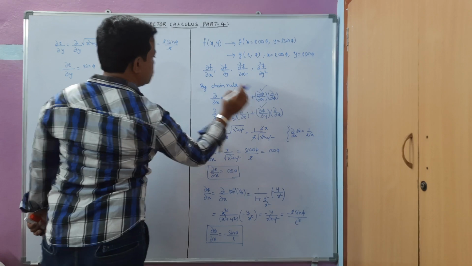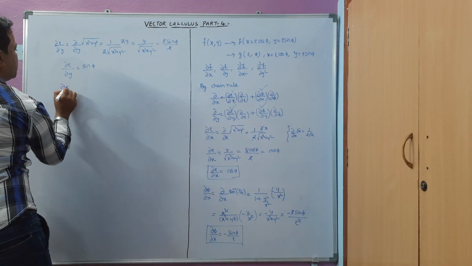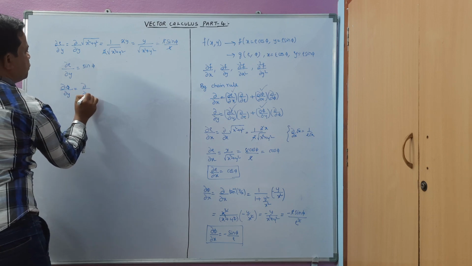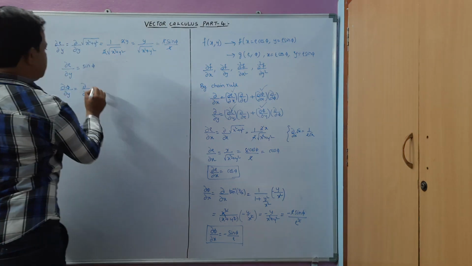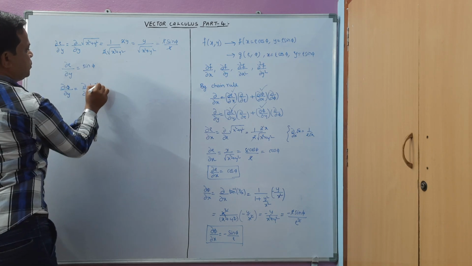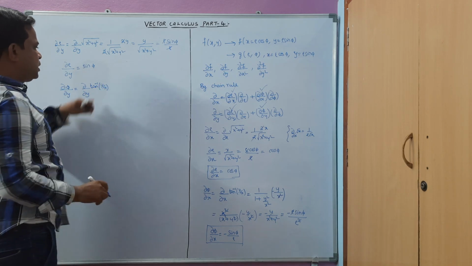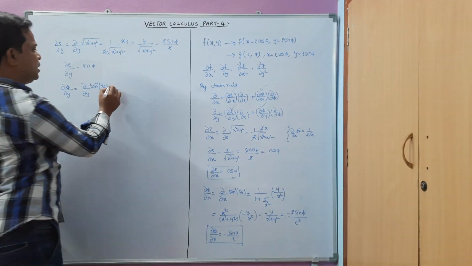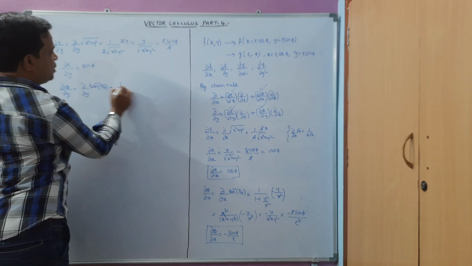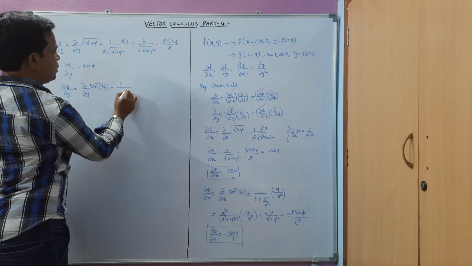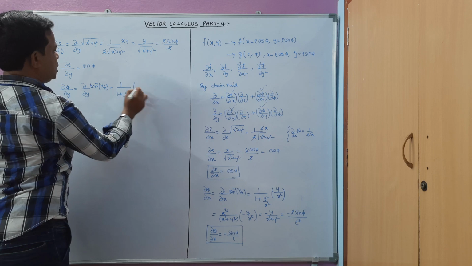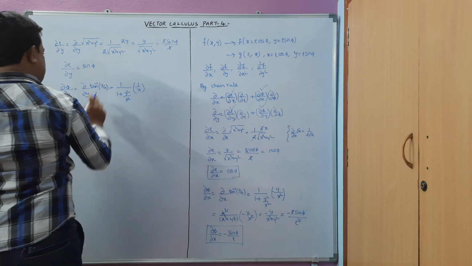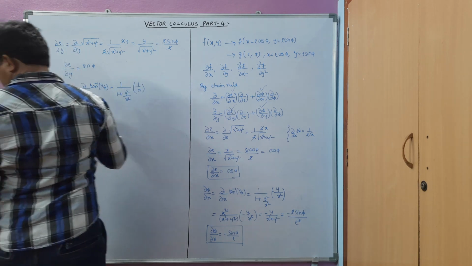Next I have to get this dou phi by dou y. Dou phi by dou y, dou by dou y of phi. We know that phi is equal to tan inverse of y by x. Tan inverse of y by x. Now this time I have to differentiate with respect to y here. So the differentiation of tan inverse of x is 1 by 1 plus x square. That is 1 by 1 plus y square by x square. With respect to y means I get here 1 by x. Okay, that is differentiation of y is here 1 here and we are having x constant here.